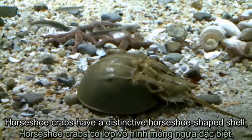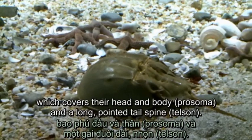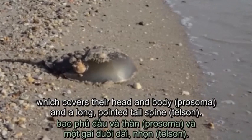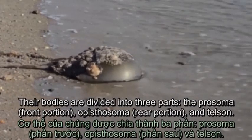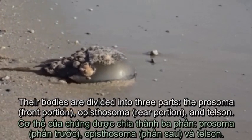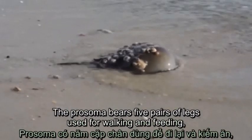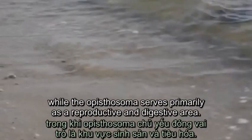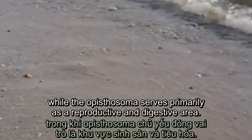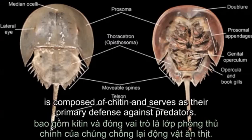Horseshoe crabs have a distinctive horseshoe-shaped shell, which covers their head and body, the prosoma, and a long pointed tail spine, the telson. Their bodies are divided into three parts: the prosoma, the front portion; the opisthosoma, the rear portion; and the telson. The prosoma bears 5 pairs of legs used for walking and feeding, while the opisthosoma serves primarily as a reproductive and digestive area. Their hard shell, known as the prosoma, is composed of chitin and serves as their primary defense